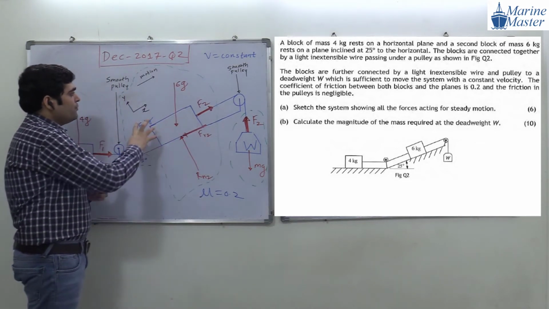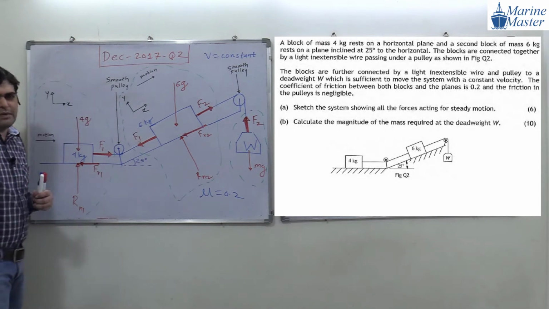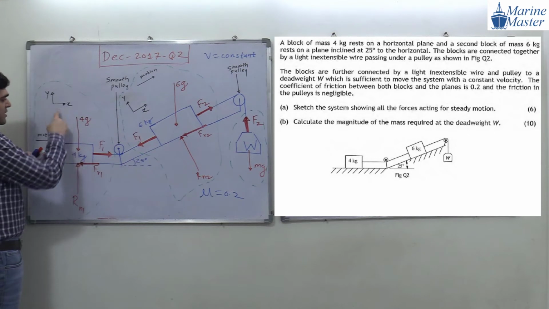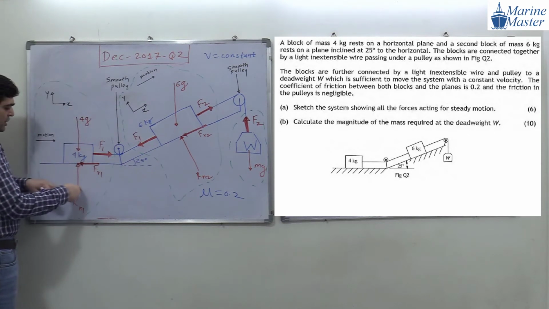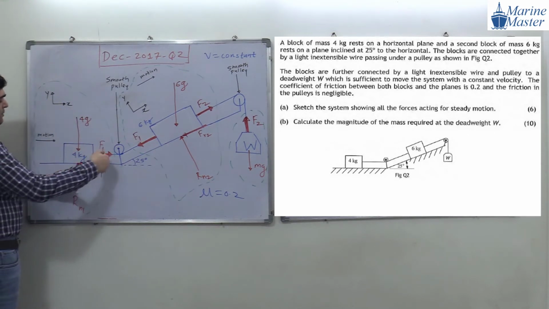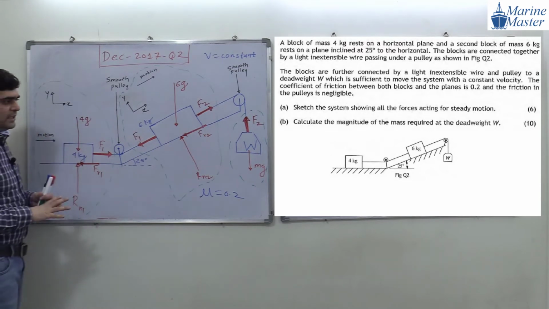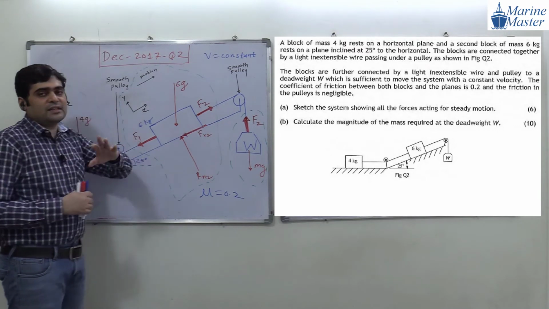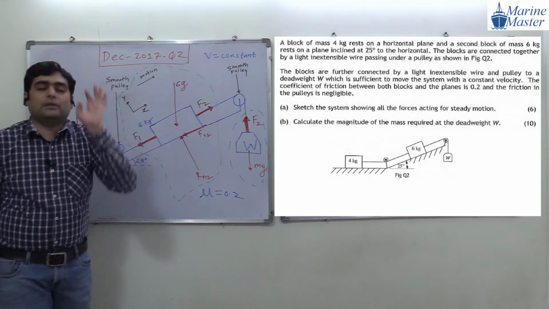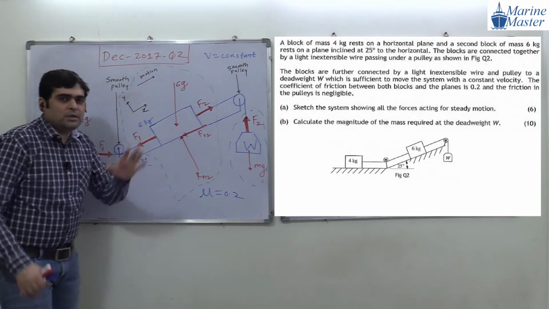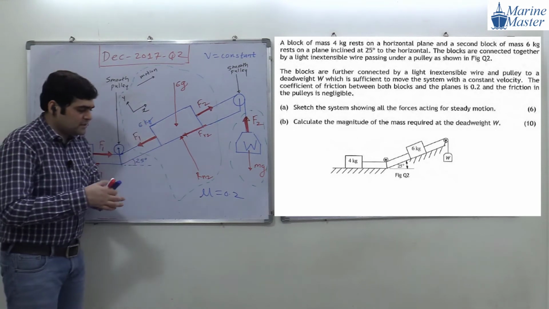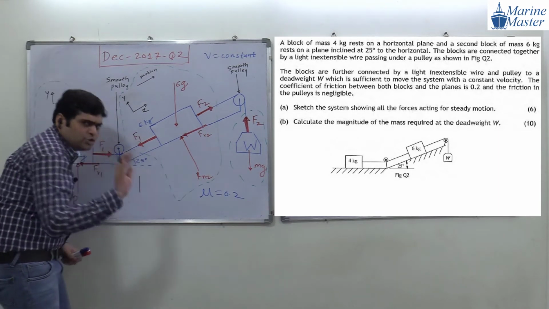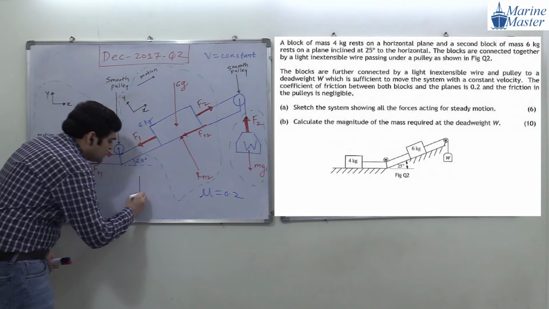Now guys, see. In this scenario, for the 4 kg mass, the story is very, very simple. Why? Because F1 is in the x direction, 4g is in the negative y direction, Rn1 is in the positive y direction, and Fr1 is in the negative x direction. So the story is simple here. But why did we consider the x and y directions like this? Because we want to make the story simple. Now suppose, just assume, that for the 6 kg mass I consider the x and y directions like this only.